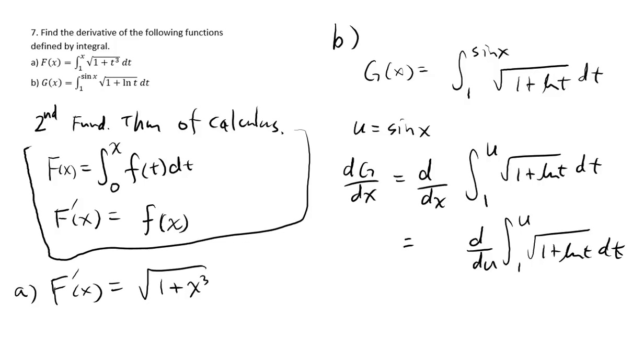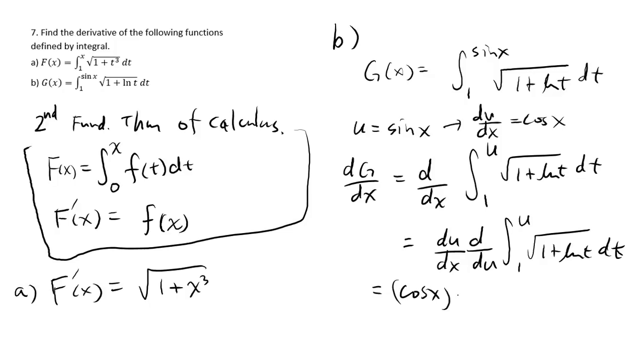And then to cancel this du with that, I put a du here, and since there was a dx there, this is what you put. This is the Leibniz form of the chain rule. You can see that these two are the same because once you cancel the du and du, you end up with the same thing as before. Now, since these two match, this u and that u match, now the fundamental theorem of calculus does work. And by the way, what's du dx? Du dx is cosine of x, so I put cosine of x to replace du dx,